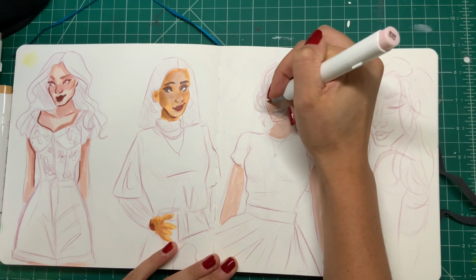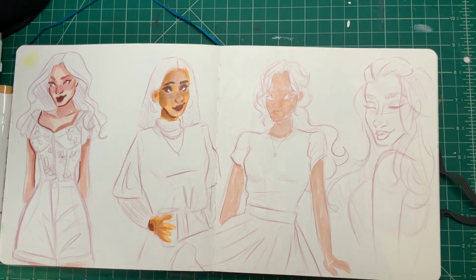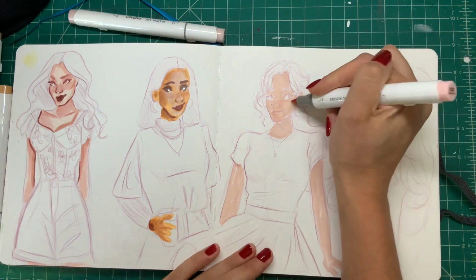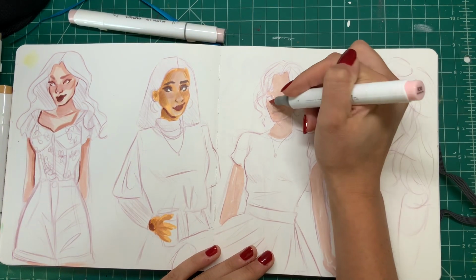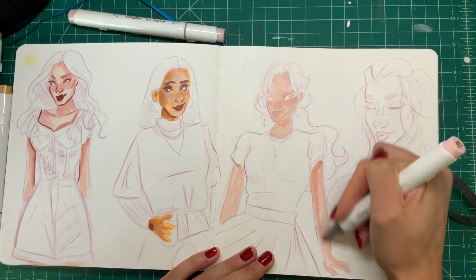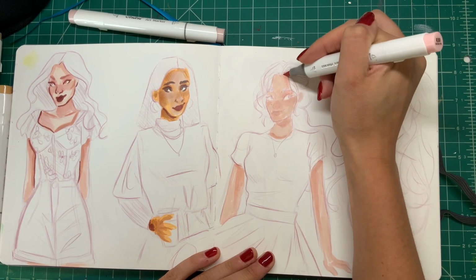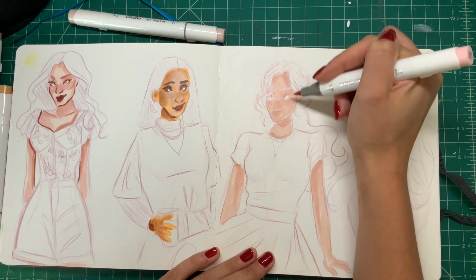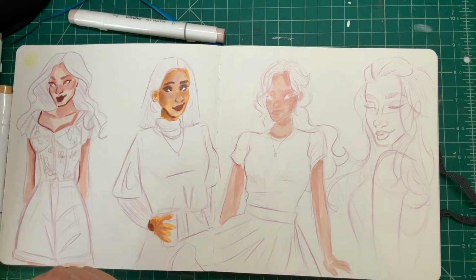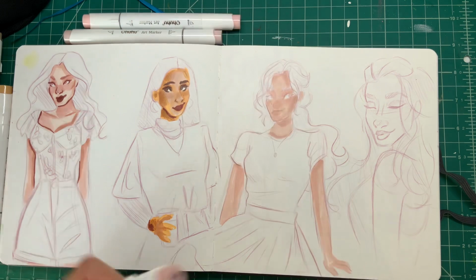And like I said before, all of the colors that I'm using here are coming straight out of that OHUHU skin tone set. So that really proves that there are lots of colors in that set. A lot of markers, when they come out with sets, I don't really like the colors that they come out with. They just seem like they don't blend well together. It's like when they made this set, they didn't really think about using the markers together, but OHUHU sets aren't like that. They all really go together well and seem to have lots of variety, so I definitely recommend OHUHU